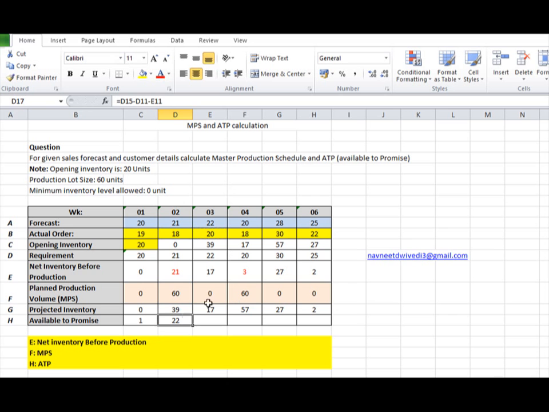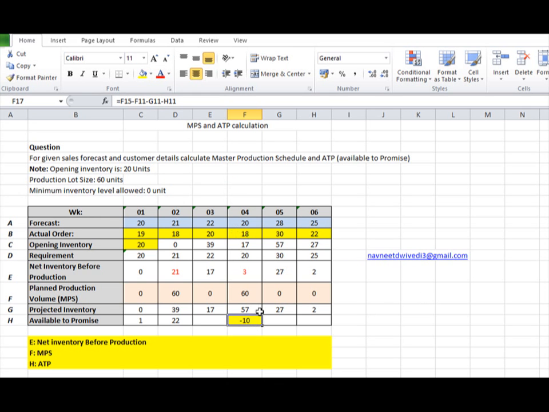Okay, it's done. 22. Now in week 4, it's equal to what we produced this week minus what we are bound to sell in this week, minus next week's order, minus next week's order, because in both the weeks there is no MPS. So we are getting over here minus 10. What exactly does this minus signify to us? Because minus 10 means we are not able to fulfill our customer requirement.